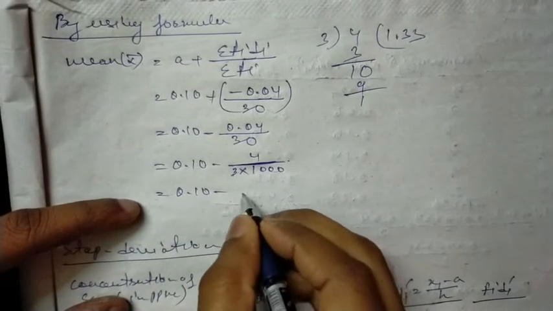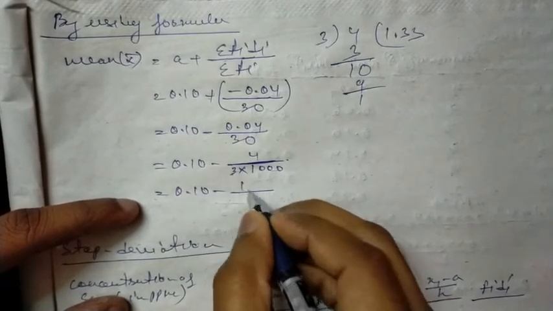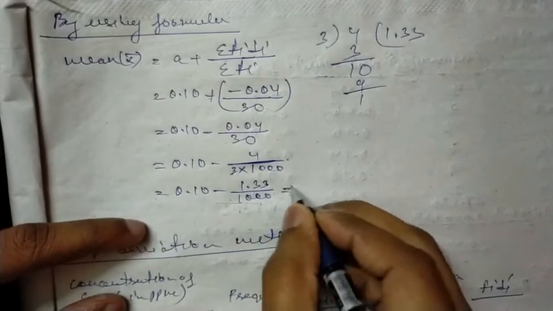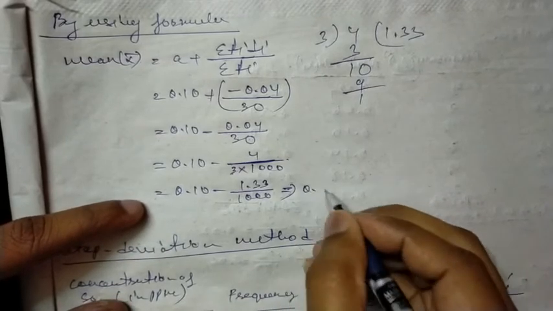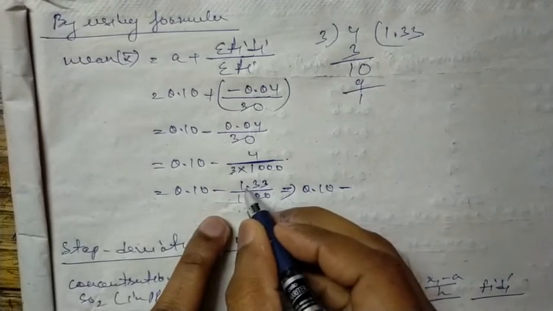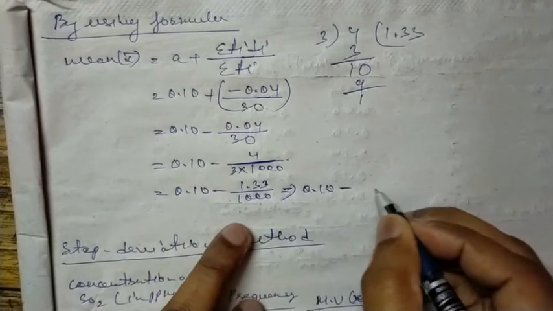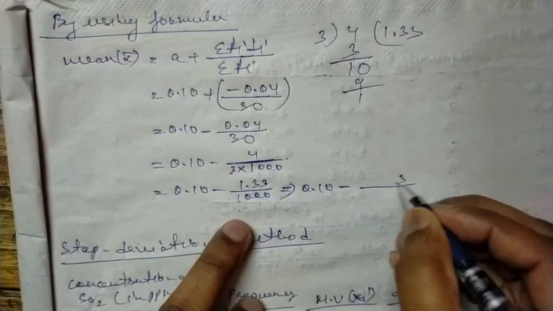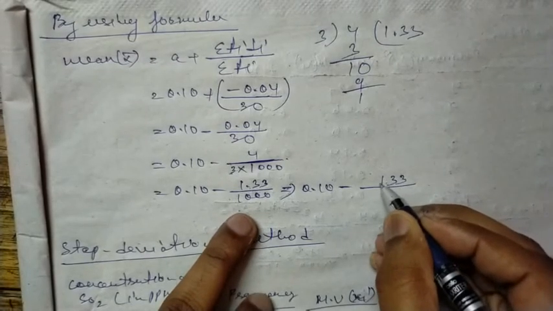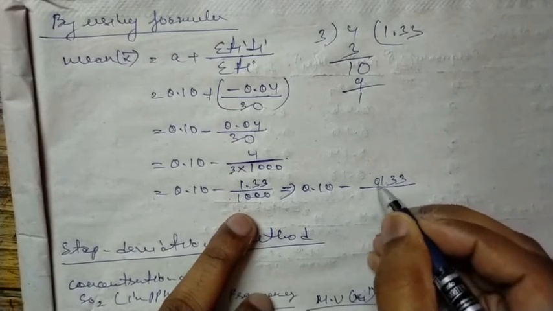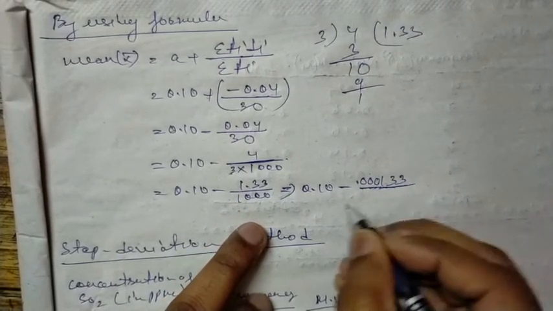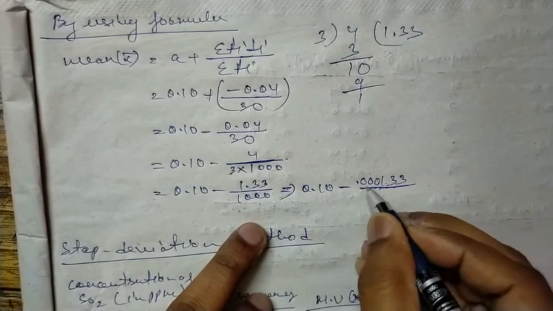So if I take this, 0.110 minus 1.33 over 1000. If I calculate 0.110 minus this, the decimal will move 3 times to the left. See, here it will be 3 3 1. The decimal was over here, so 3 times, 1 2 3, so the decimal will come over here. Okay, so it will be 0.110 minus 0.001.